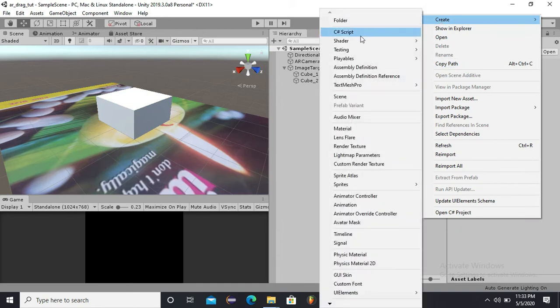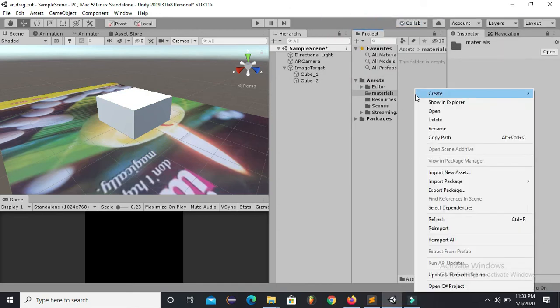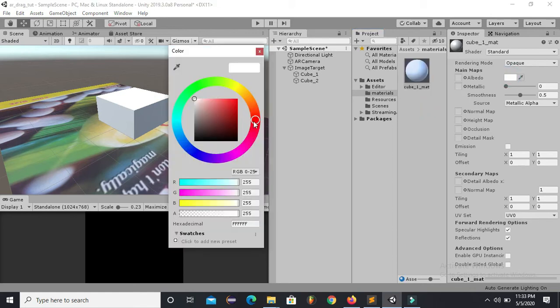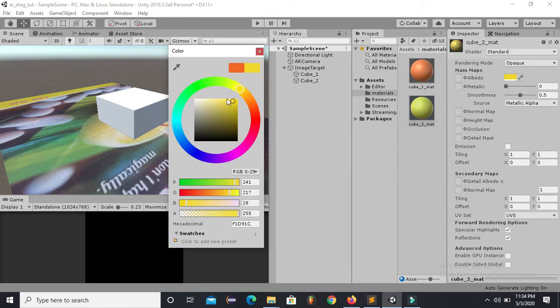So for that I will create a folder, materials. Here I will put my materials. I will be using a different type of material for the second cube. So for that I'm using this.